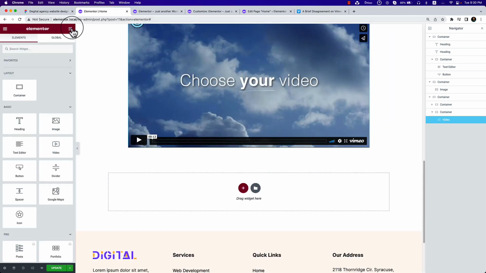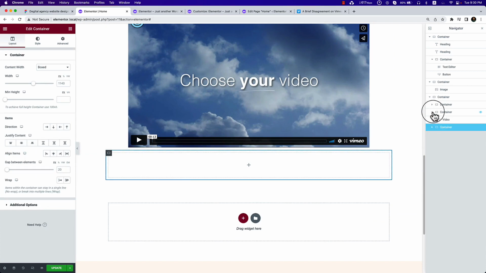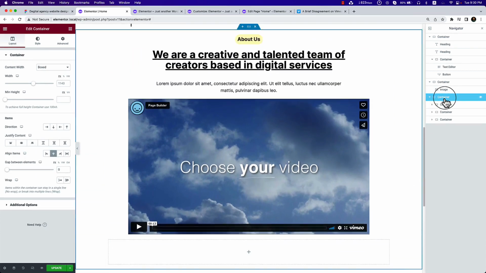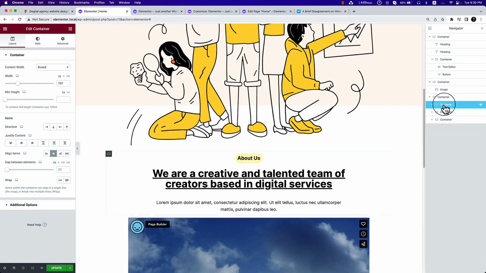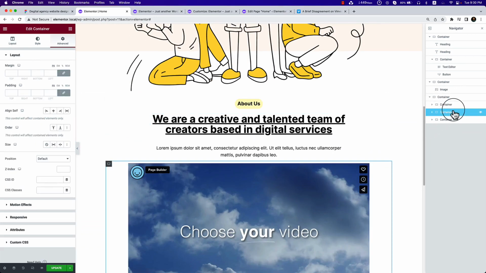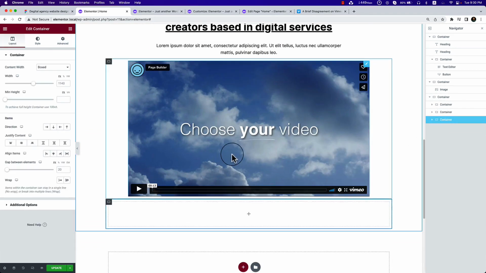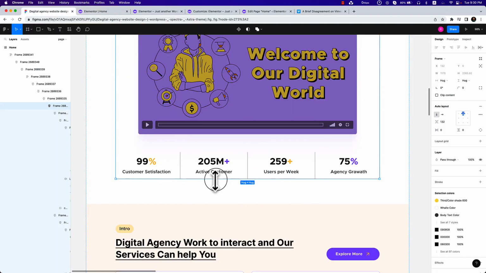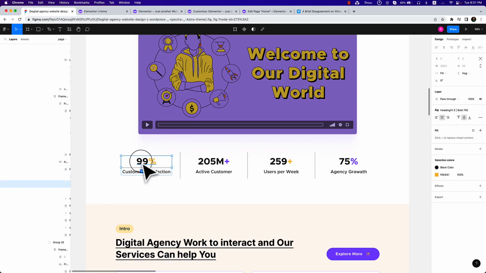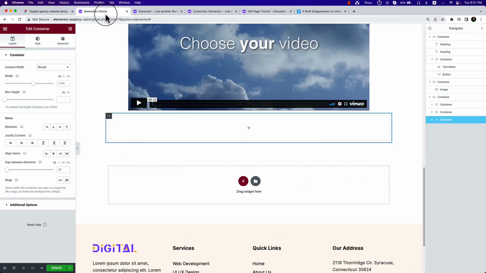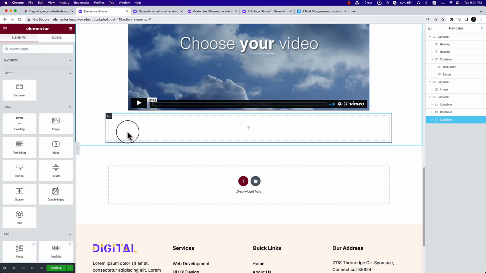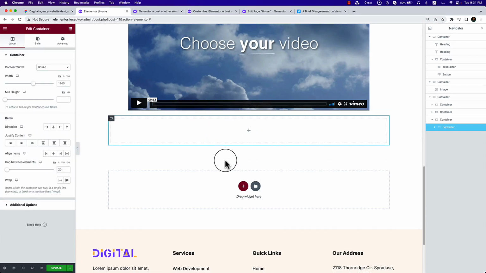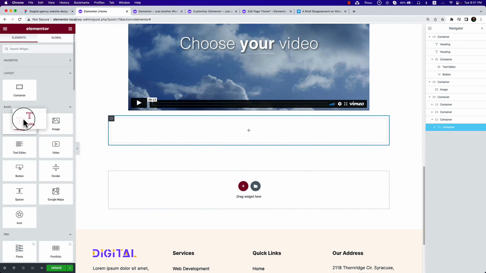Now let's take another container here, and this is inside the parent container. So inside the parent container I have three containers. The first one is for the heading group, the second one is for the video, and the third one is for another section, which is this one, the stats section basically we call it. And let's copy the color, and inside the container I'd like to take another container,